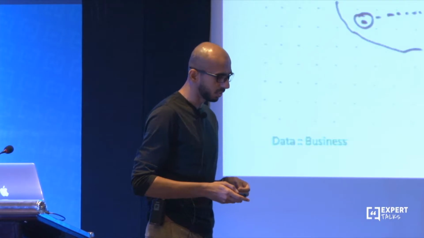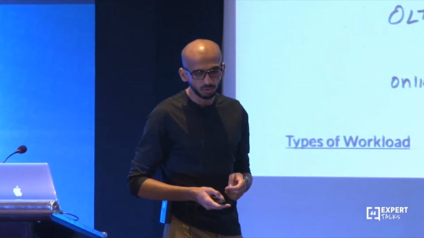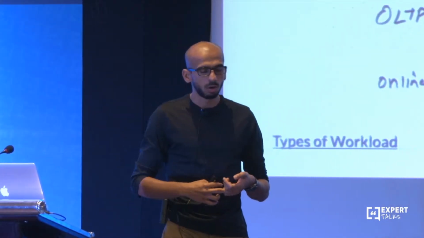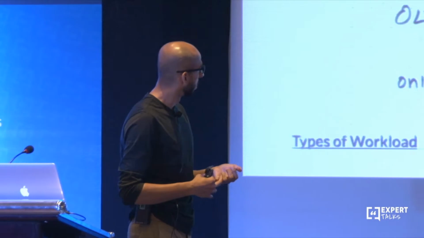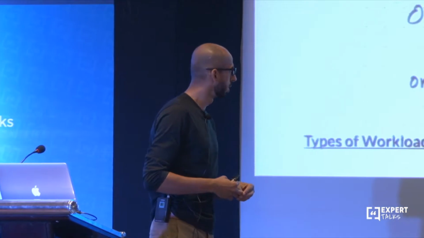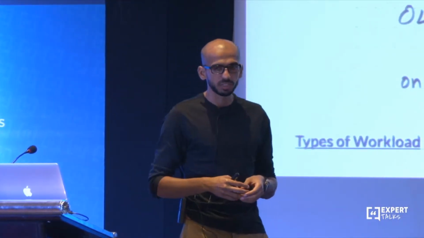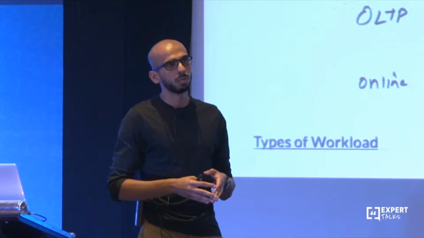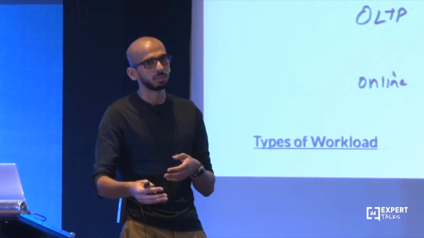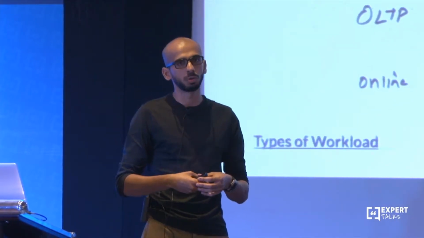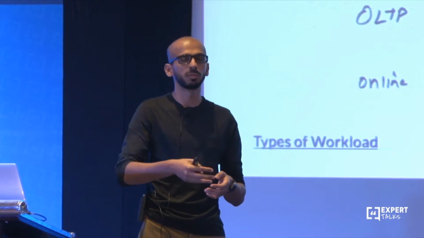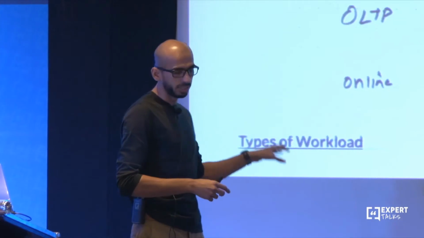One clear distinction that we'll try to make here is the type of workloads we usually have when dealing with data problems. One is operational and the other is analytical. That's the standard OLTP model that we always used to have, and on the right is the OLAP model. Most of the OLTP stuff is categorized as online. By online I don't mean web online. Online means that you make a purchase, an entry is made, and whatever logistical checks you had to do around data, is it sanitized, is it forming enough logs, you don't want to sell more items than what you have, all that is tackled by the OLTP system.